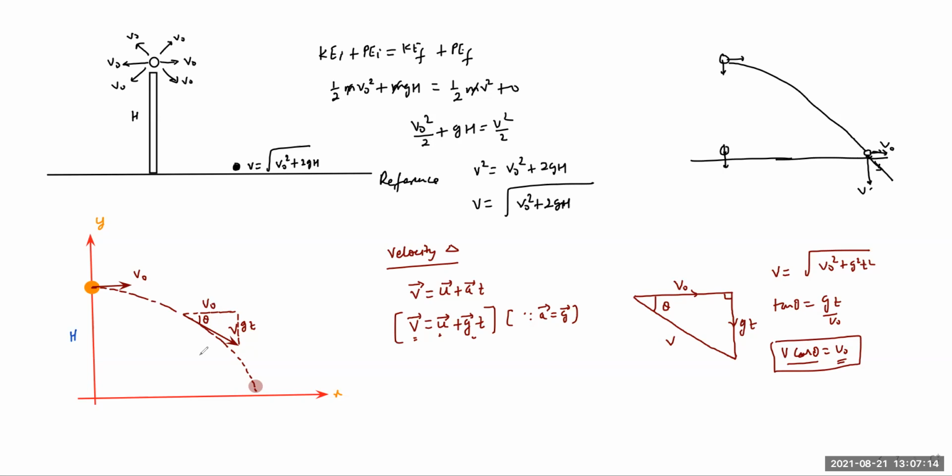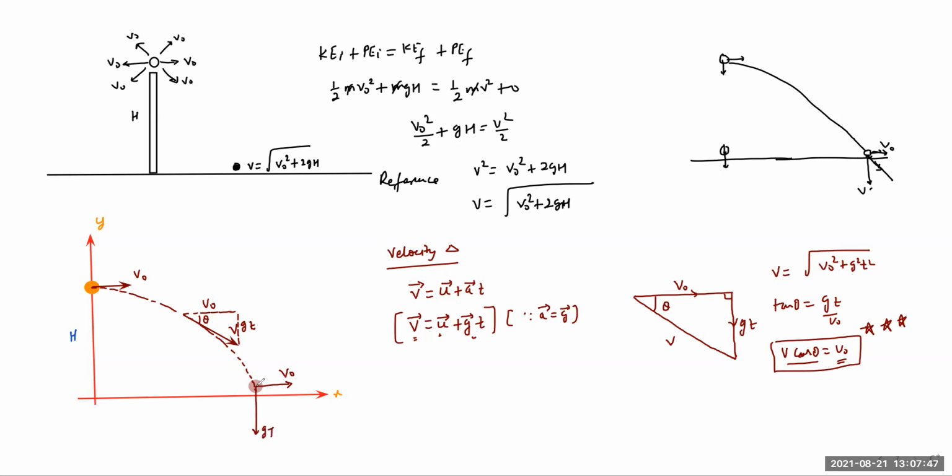So v cos theta is always equal to v naught, and this is one of the foremost equations which we use very often. And what we say is, horizontal component of velocity always remains the same as the initial horizontal component, and it doesn't matter where you are. So even before hitting the surface, your horizontal velocity will be how much? Only v naught. But you will also have something extra here,